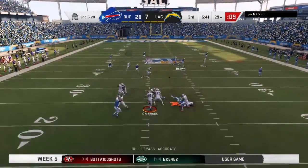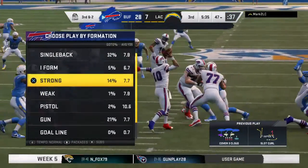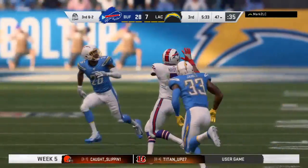Looking to throw, Garoppolo. Completes it to Hardman. Garoppolo's pass complete to Nico Hardman. A gain of 18 yards, but it brings up...